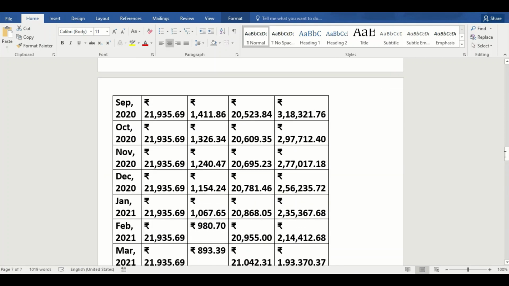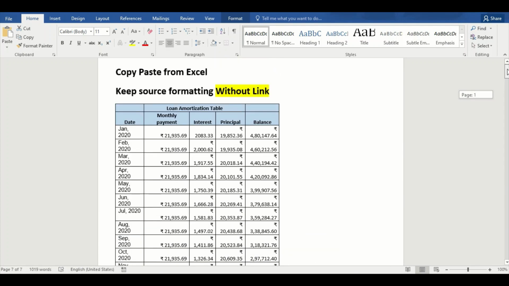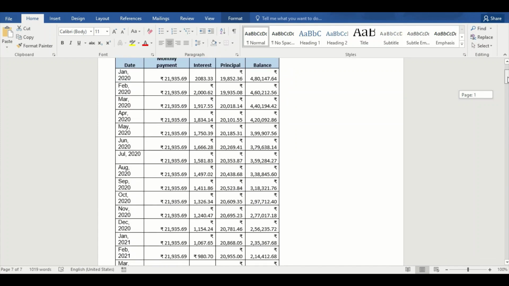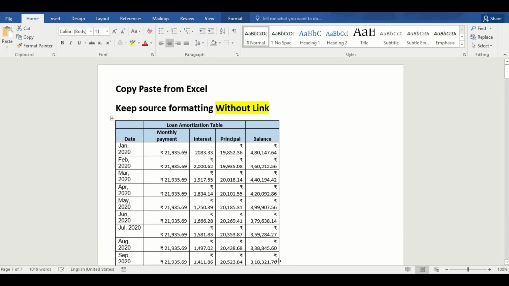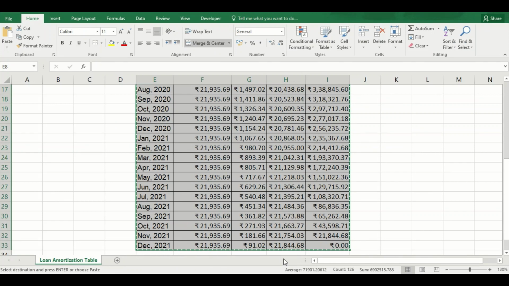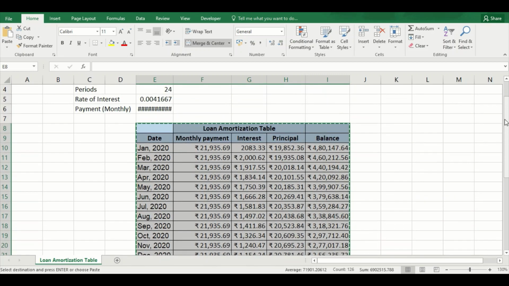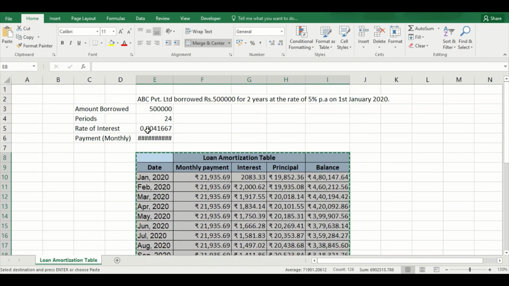Now we will proceed to making a few changes in our Excel file and see how the with link and without link files work. Moving back to the Excel file, we make a few changes.